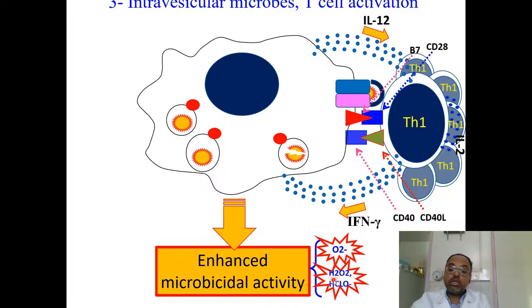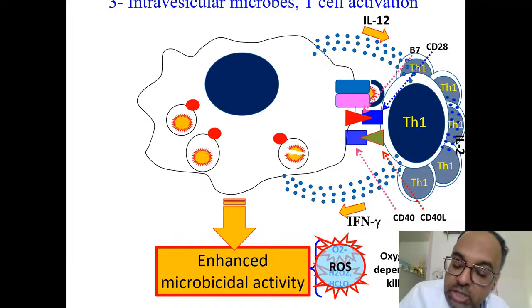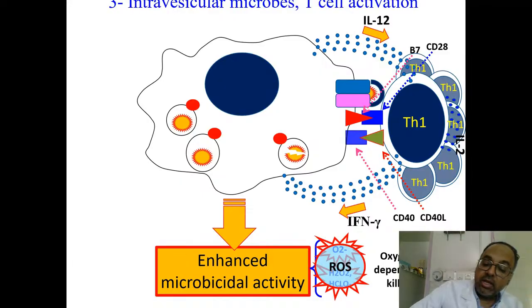Superoxide leads to generation of hydrogen peroxide and hypochlorite, and together these are called ROS, or reactive oxygen species. Reactive oxygen species are very toxic for microbes, and the mycobacterium that was hard to kill can be killed now by the ROS. This mechanism is called oxygen dependent killing, to differentiate it from previous mechanisms. And this is a very important process in defense against things like mycobacteria.